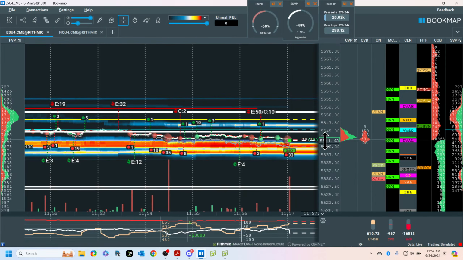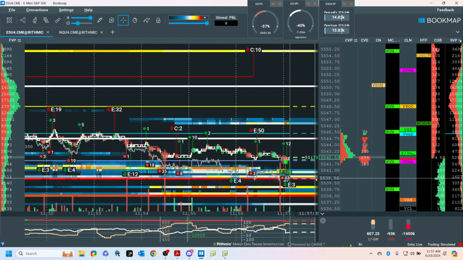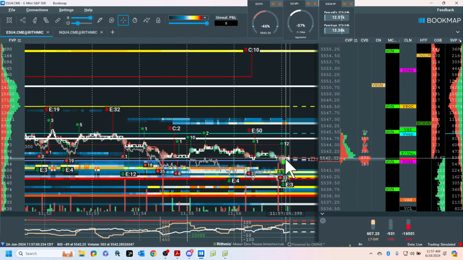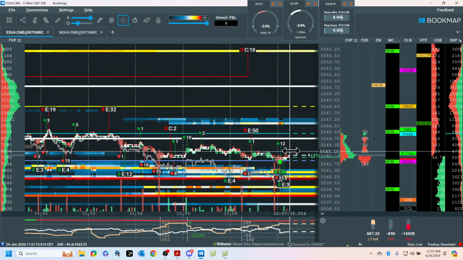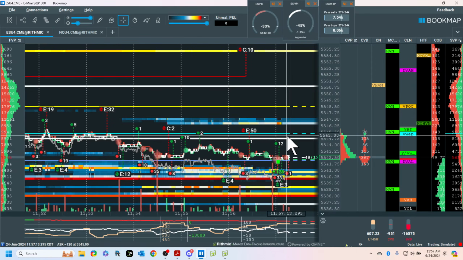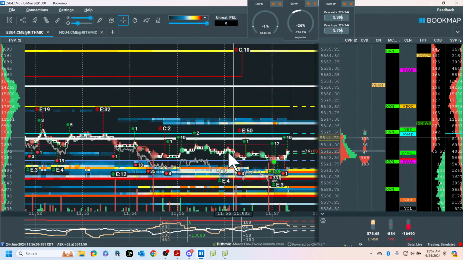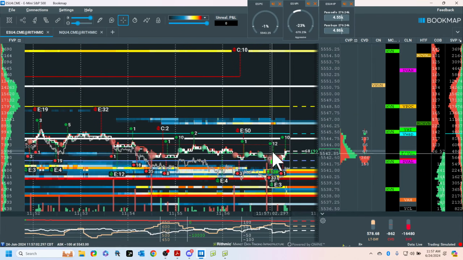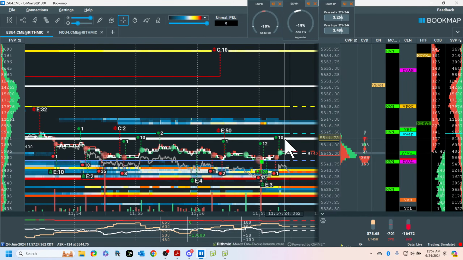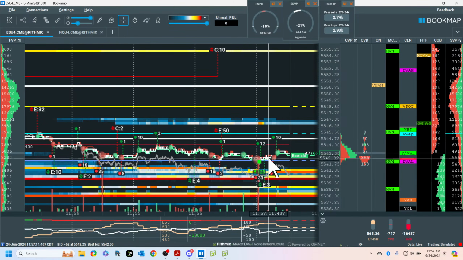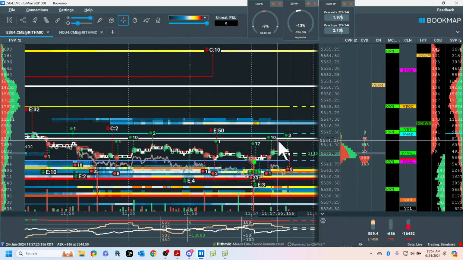And then you're going to look at behavior. Where am I? I'm at an outside edge of this distribution. I'm at the mid. I'm seeing absorption. If I get long here, my next area would be VWAP and then VPOC, not a trade recommendation. Let's see what it does. And this is resistance. So if I'm getting long, and that's not a trade recommendation, I'm just saying, I'm looking here.